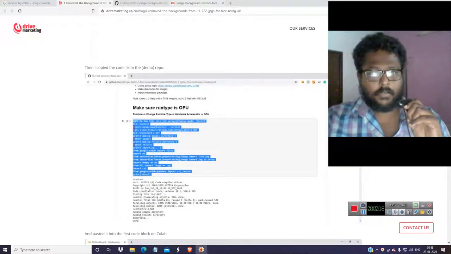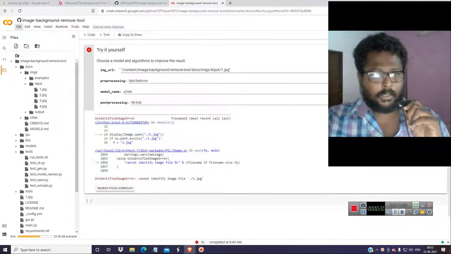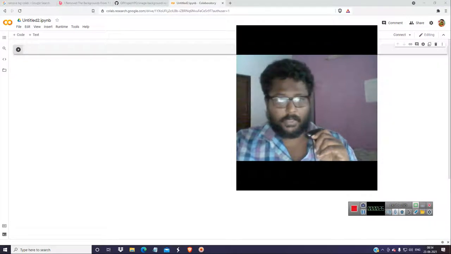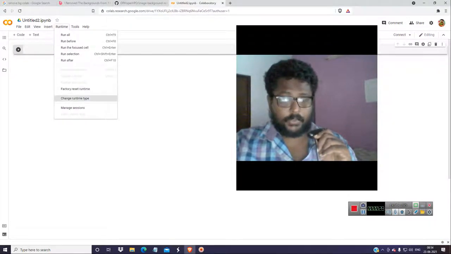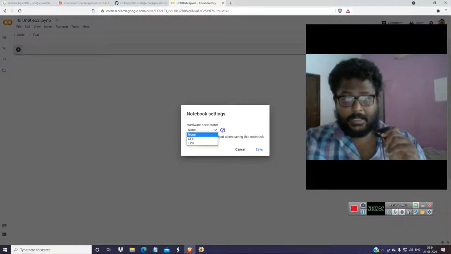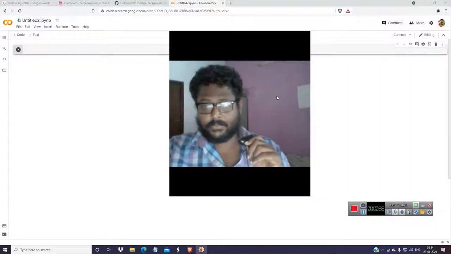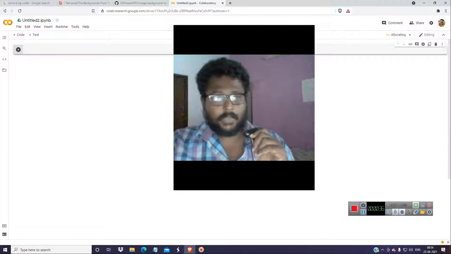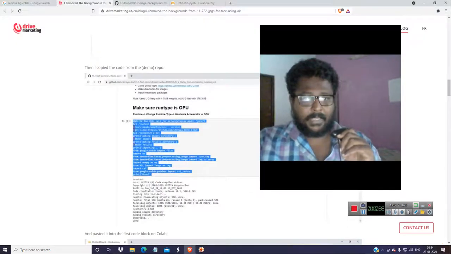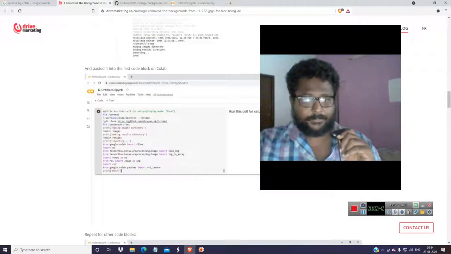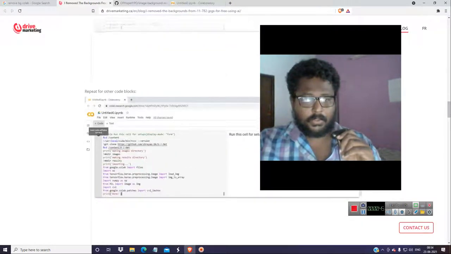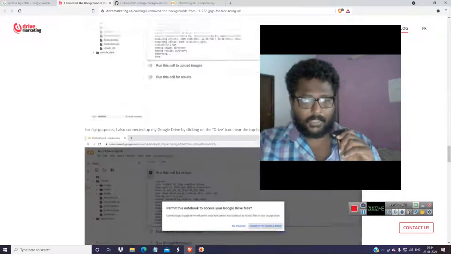So let's open a new Colab notebook. Okay, and now what you have to do is connect the runtime. It could really do a lot of images, so I'm going to remove the background of many images. I'm using the hosted runtime. And then you have to take the GitHub repo. It is U2-Net. Okay, it is U-Net.